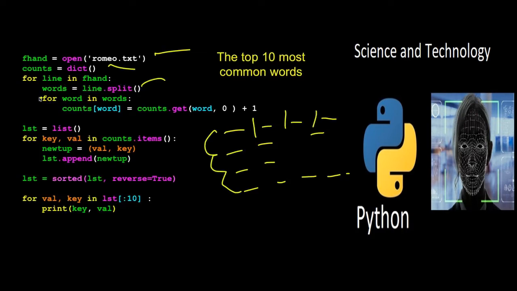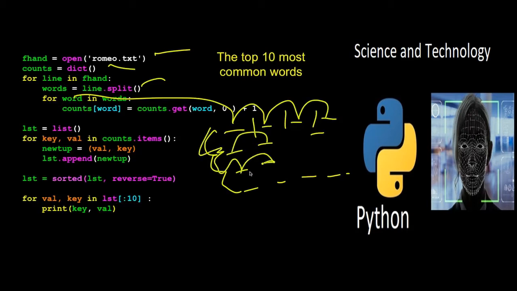And then we have a for loop within that, and this for loop is going to go through each word. And so that means that by nesting these loops, we're going through each line, and then within the line we're going through a word. Then we go to the next line and go through the words. And eventually this line of code, counts[word] = counts.get(word, 0) + 1, our idiom for making a histogram,